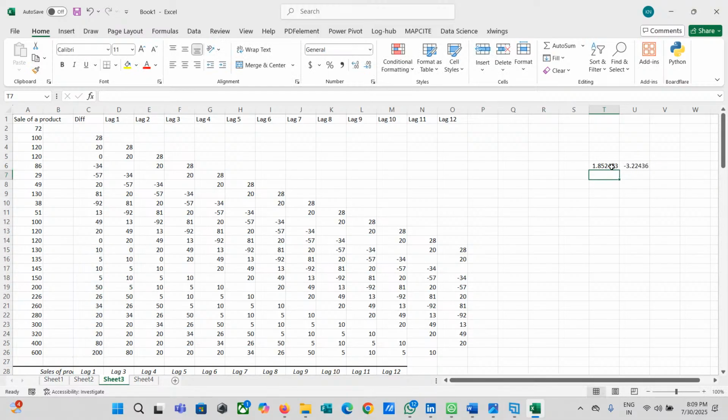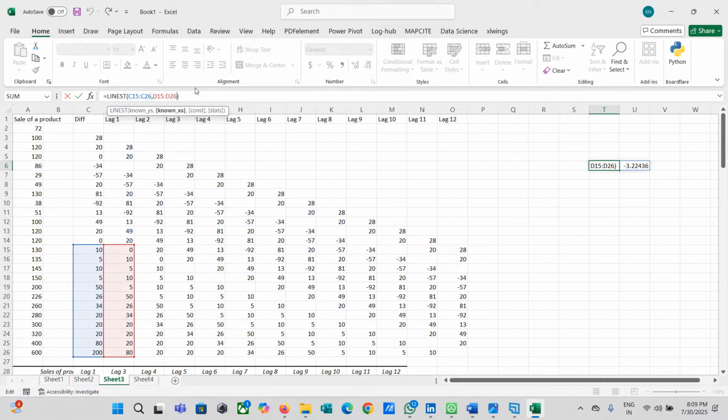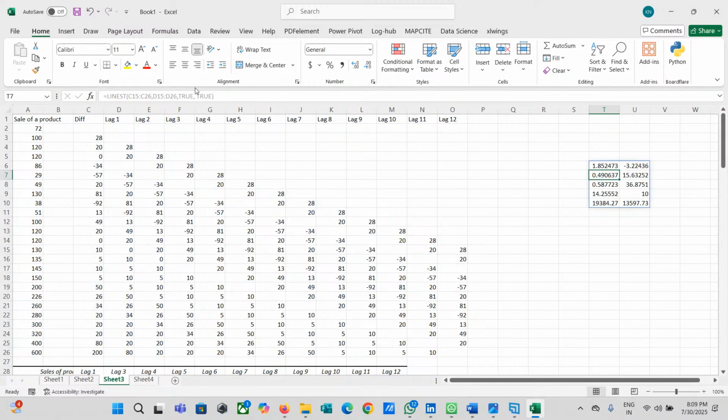So if you look here, I'm getting my coefficient. If you look here, 1.85 and R square is 0.58, and 0.49 is my value here, and 0.58 is okay.